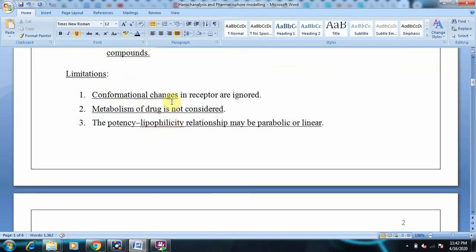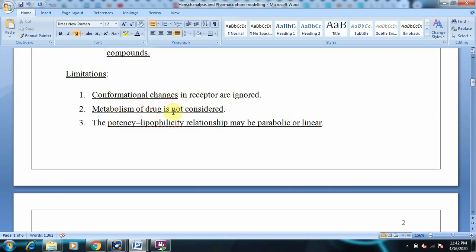In defining Hansch's equation or Hansch analysis, we just considered the physicochemical parameters: hydrophobicity was included, electronic parameters like the Hammett constant were included, Taft's steric constant was included, and topography constants were included. But we have never used the conformational changes which are occurring in the receptor. So this is a limitation. What are the conformational changes? You know that in the biological system, the protein is not stable all the time. It will be changing its conformation, not extensively, but to a minor extent. So these conformations are not included. This is one limitation.